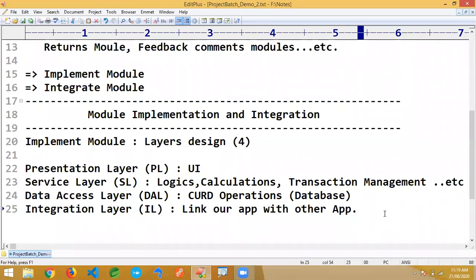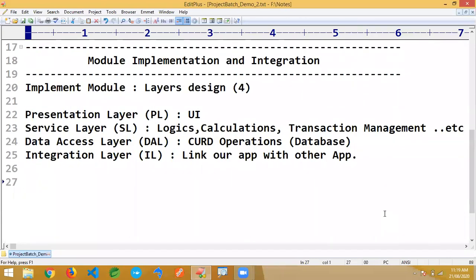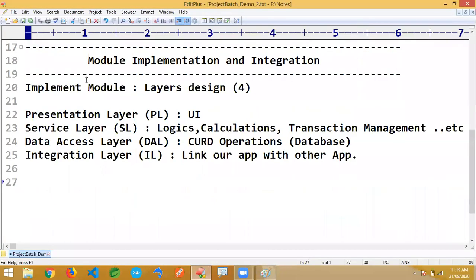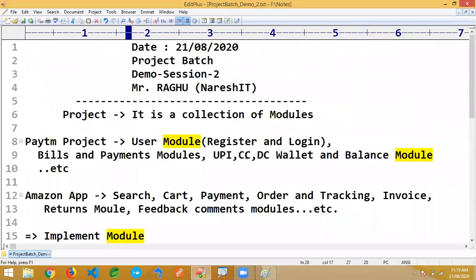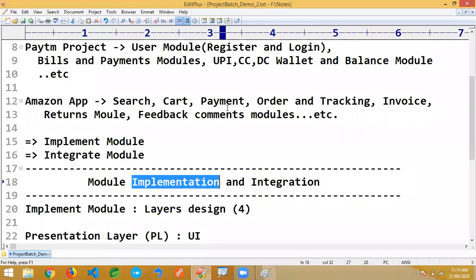These are the four different layers required, and in these four layers we are going to write different types of code files. Let me show a diagrammatic representation of how it looks. I'm just taking a simple application, only one module here. Keep that point in mind. If you know how to develop one module, in the same way we can develop all the modules. Then we are going to do integration. Now we are discussing the concept of implementation.